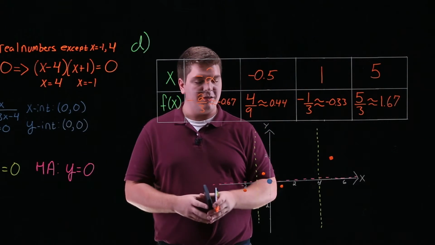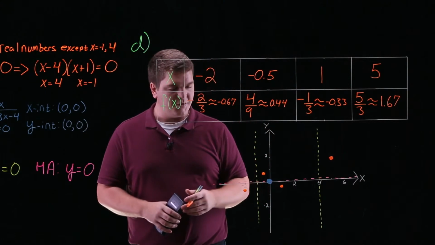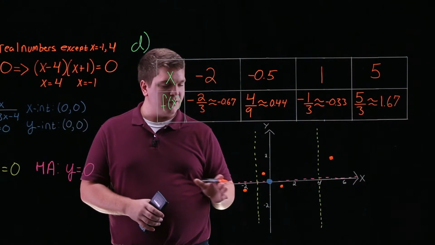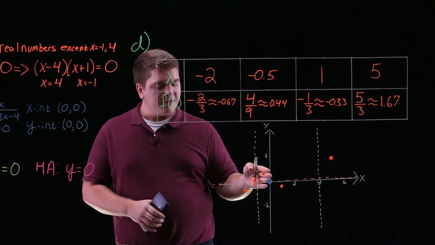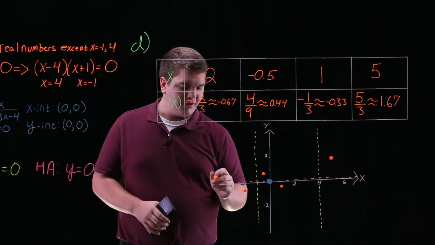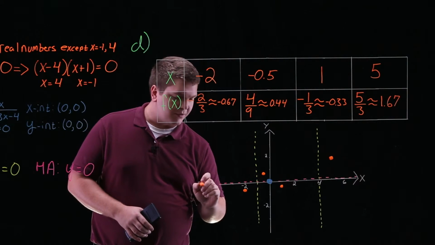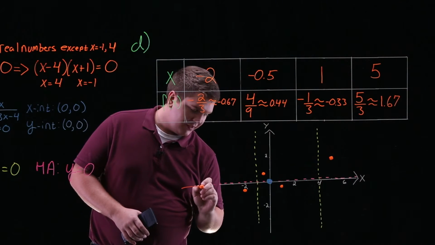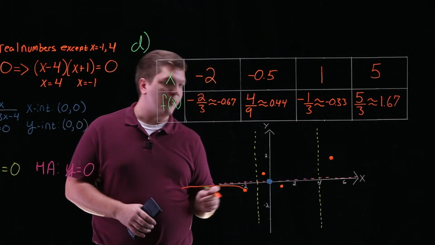So now we have some information about our graph, and we have a couple points plotted. So let's go ahead and sketch the graph of our function. What we want to think about is this idea of the horizontal asymptote. As these x values approach -infinity, our graph is going to approach this line, y equals 0. So we can think about starting way over here at -infinity at 0 and staying close to this line as we move to the right. We're going to go through this point that we found,